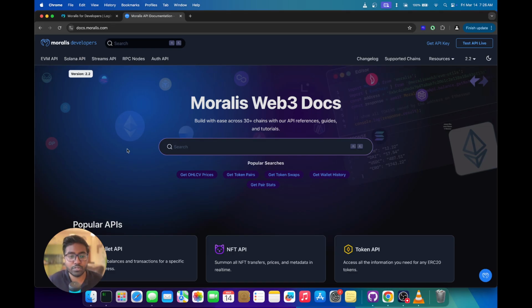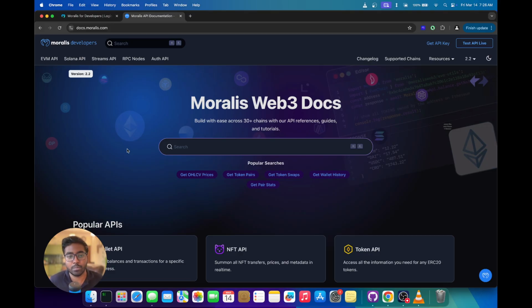My name is Bharat, and in today's video, I'm going to be showing you how you can leverage Moralis token API in order to get any kind of token data on the Moonbeam blockchain. So let's get started. I'm just going to start with a quick overview of all the APIs that are supported in the token API and how you can essentially use these APIs in order to get token data for